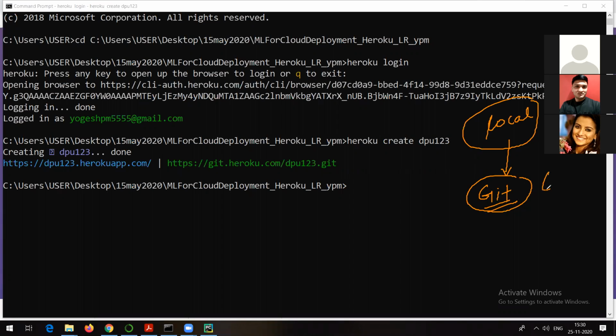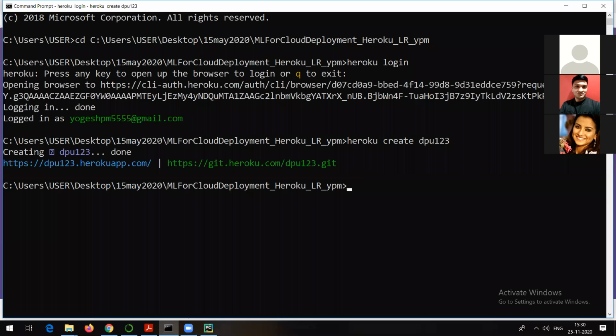You can make use of GitHub also. I hope you are aware of GitHub. It's a repository, right? So those files I am going to put on the Git repository. Once they are on the Git repository, then we are going to push them to the cloud. That's what we are going to do, right? So the first and foremost thing I need to do is initialize the Git repository.